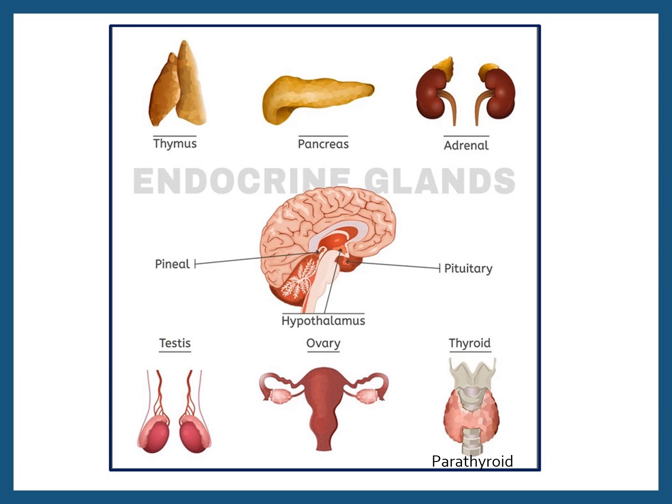And so this was just the general hormone introduction. In our next lesson, we will go over the anatomy of each one of these glands. We'll go over the hormones each gland secretes and the specific effect that each one of these hormones have on the body. So we'll discuss the thymus, pancreas, adrenals, pineal, pituitary, and hypothalamus, as well as the testes, ovaries, the thyroid, and the